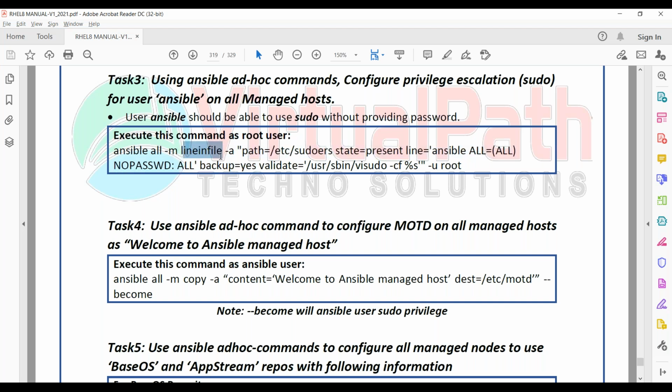Same module I am using, lineinfile. I'm telling Ansible, go to all machines, use lineinfile and add something. So I'm telling it, in the argument path /etc/sudoers, add a line, state equals present. Which line? ansible ALL, that's it. And you can also add NOPASSWD: ALL. Now with this, if you say backup equals yes,